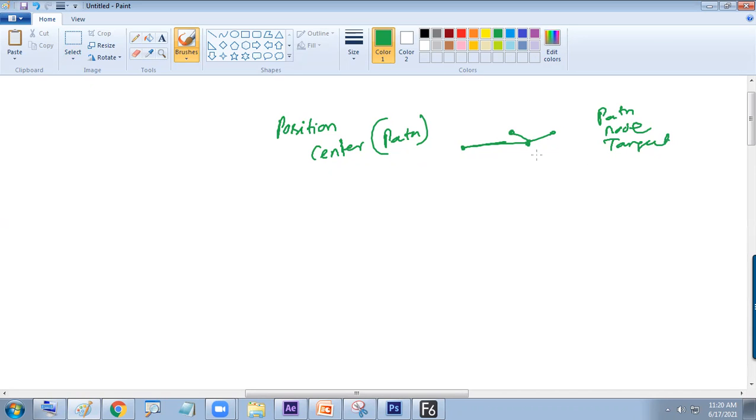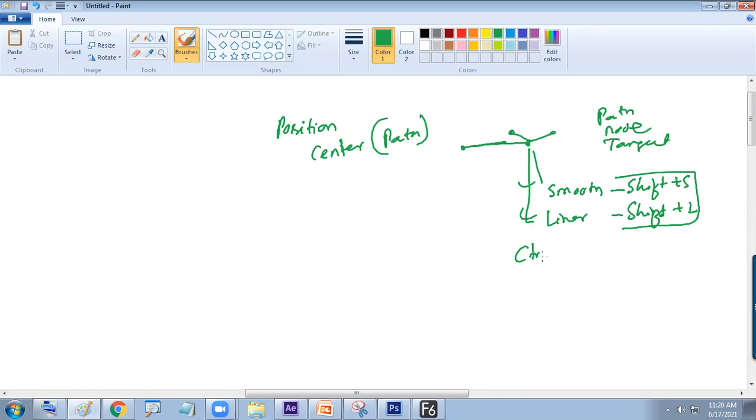And this node can be smooth, can be linear. Smooth can be done by Shift S. Linear can be Shift L. Smooth and linear. Is it okay?